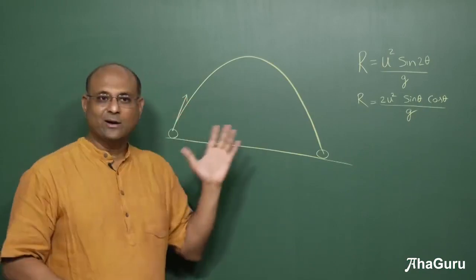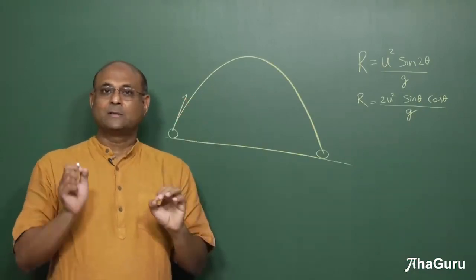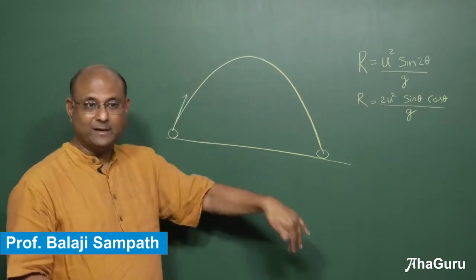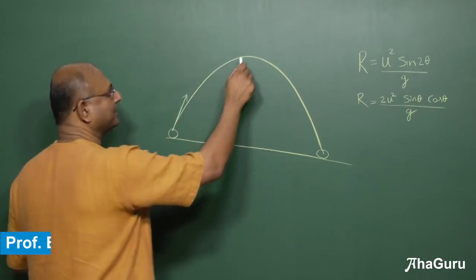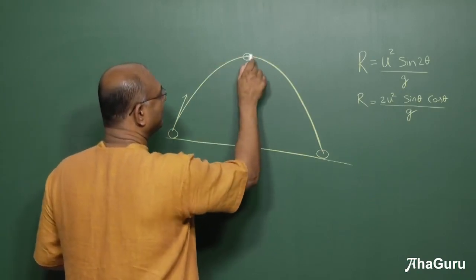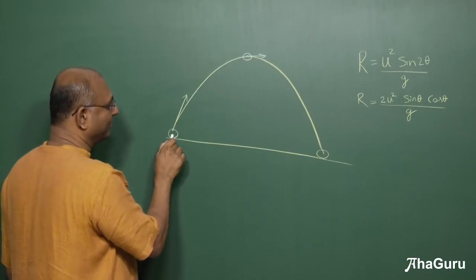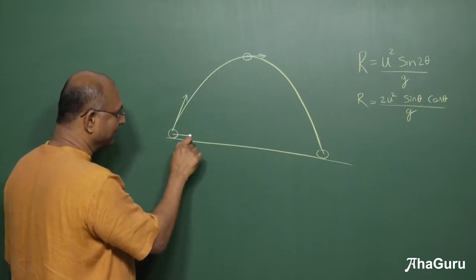I've been using this idea of a projectile path. Now it's very useful and important to understand the symmetry that is there in a projectile path. We have already been using it to some extent. The main point you have to keep in mind is at the topmost point you have only the horizontal component of velocity. So this component would have been how much?